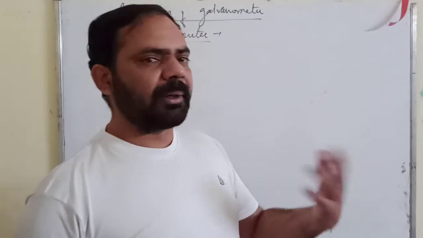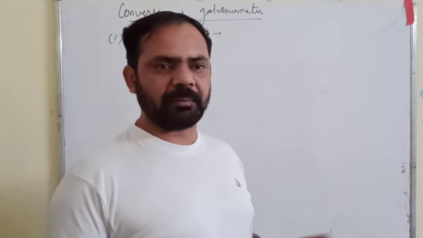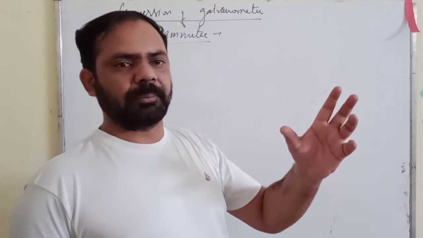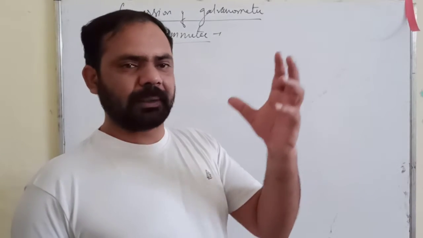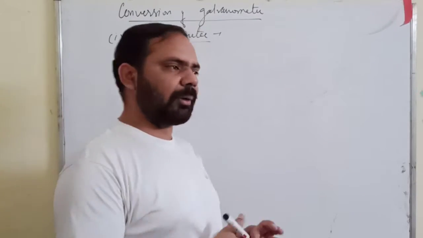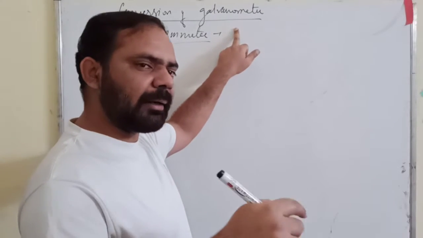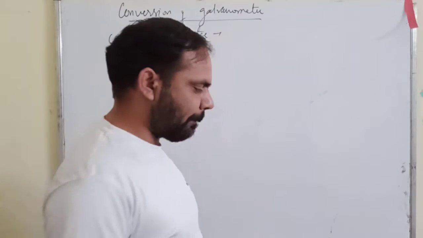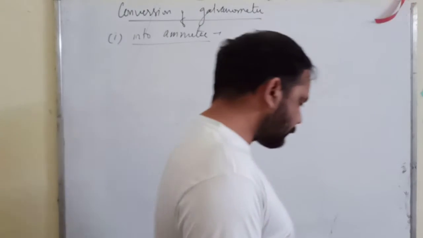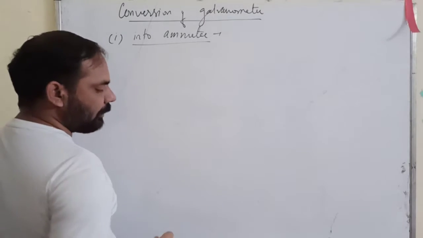which can burn out, or there may be a condition that the pointer may break due to the large deflection in case of a large current. So galvanometer is not actually a device to measure the current, right? Whereas ammeter is particularly used to measure the current. So for measurement of current we have ammeter. Galvanometer is the device which is used to detect the presence of current in the circuit. Okay. So first thing is how we will convert a galvanometer into ammeter.